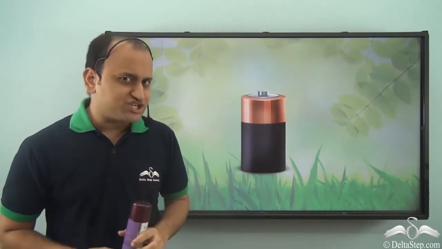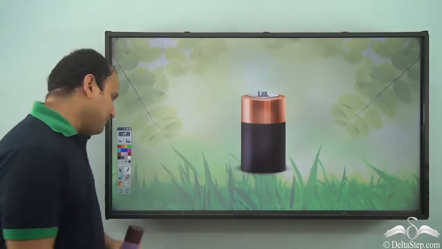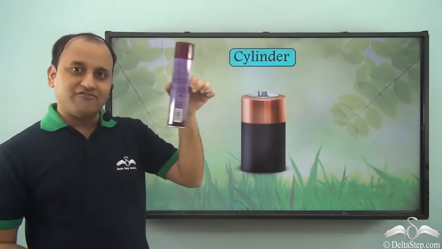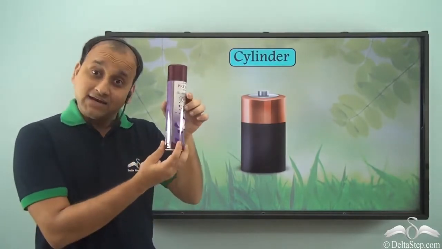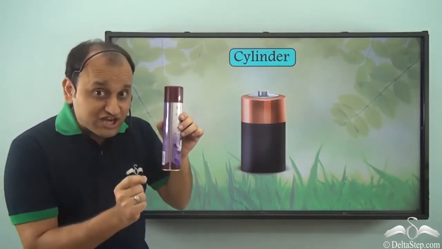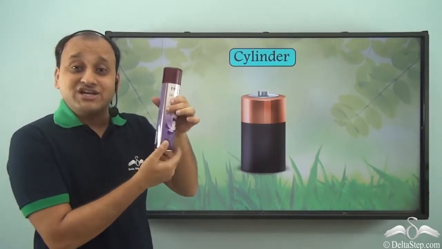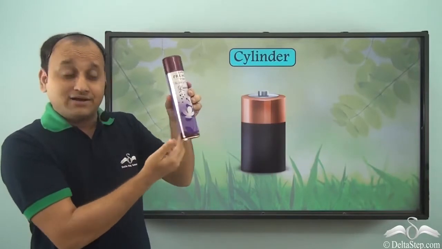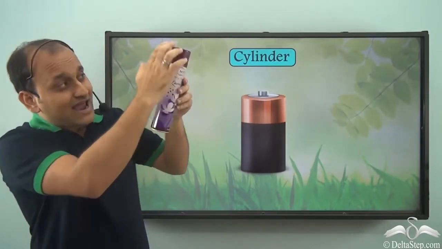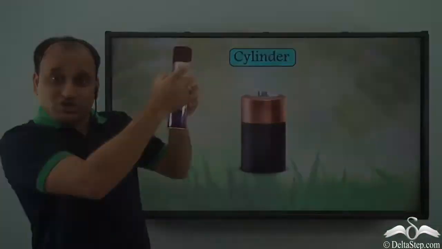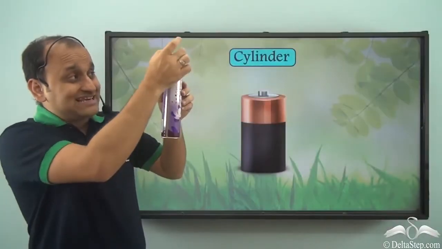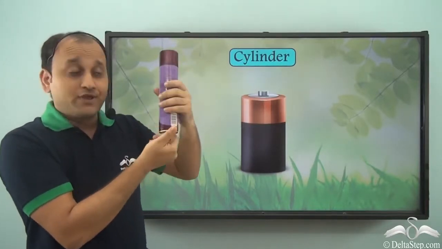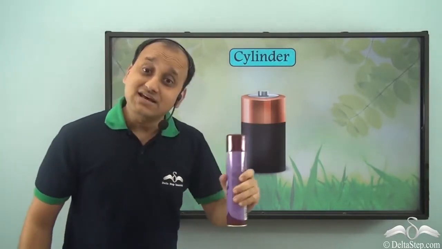And what do we call this shape? Well, this shape is called a cylinder. So what I have right now in my hand is a can, but if I talk about the shape, it is cylindrical in shape. So you see, this shape is called a cylinder. So you have two circles and this area is stretched or joins these two circles. So we get this cylindrical shape. So this shape is called a cylinder.